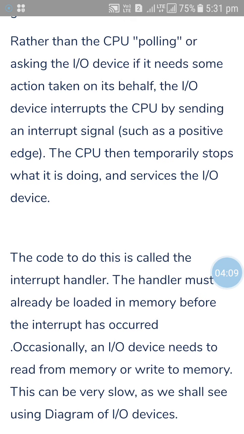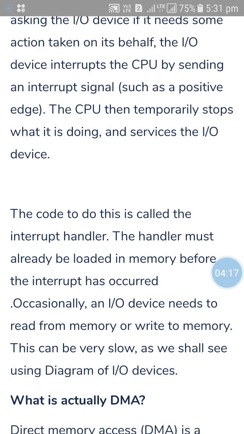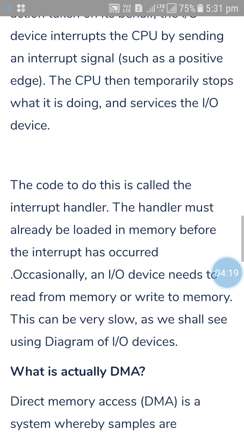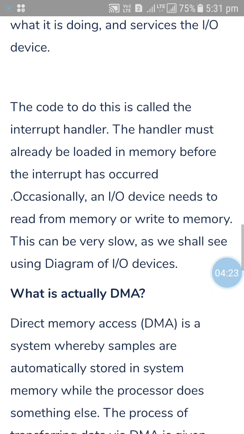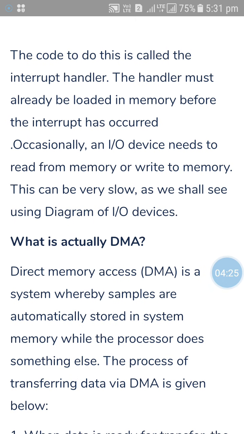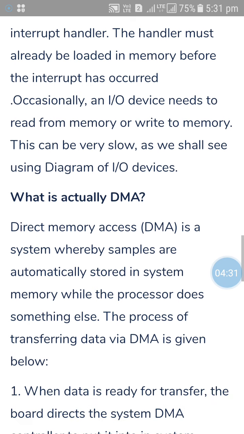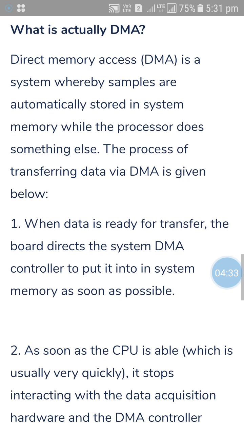After the complete transfer of the data, the DMA controller sends the DMA completion of the request, and the IO devices then acknowledge the request. This process continues till the whole instruction, whole program or whole data are transferred from the RAM. This is the whole working of a DMA.